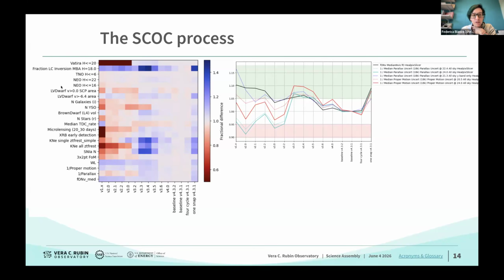You have stellar metrics here, galaxy metrics here, and both galactic and number of galaxies. So LV dwarfs, number of galaxies, number of stellar objects, brown dwarfs, microlensing, entering the time domain metrics, kilonova metrics, supernova metrics, and cosmological metrics such as weak lensing and 3x2 figure of merits,